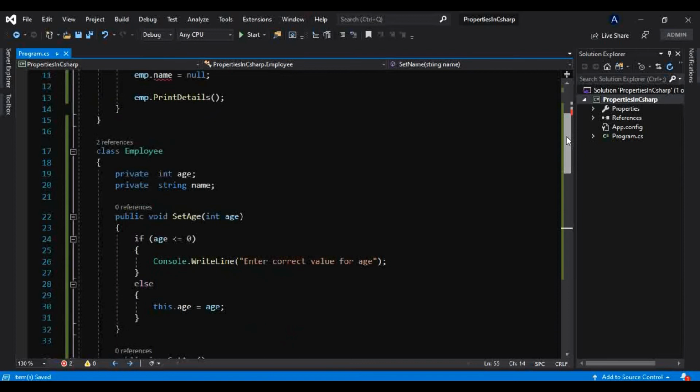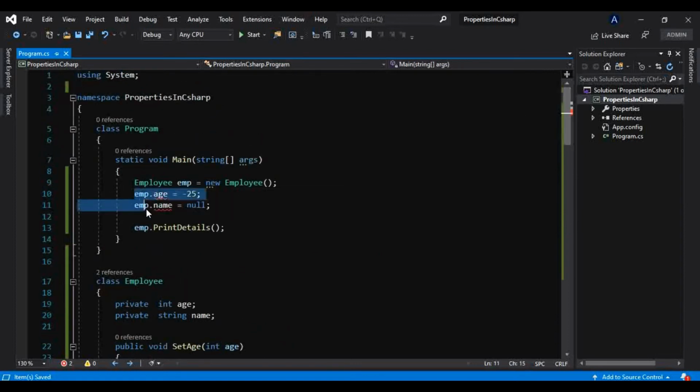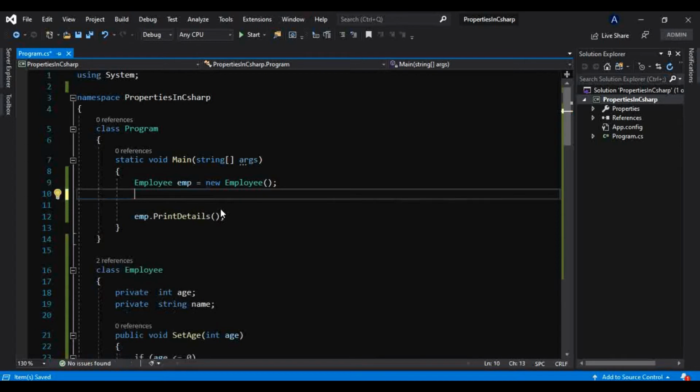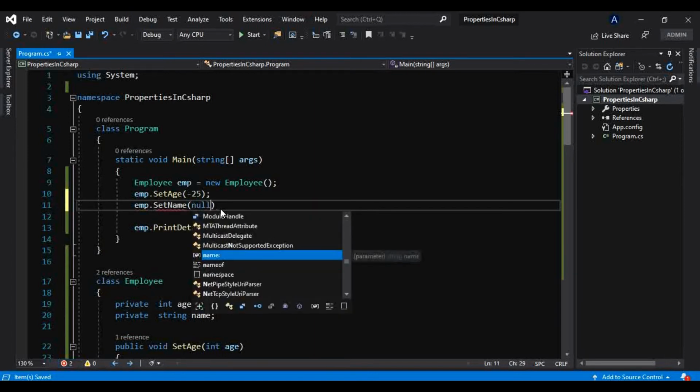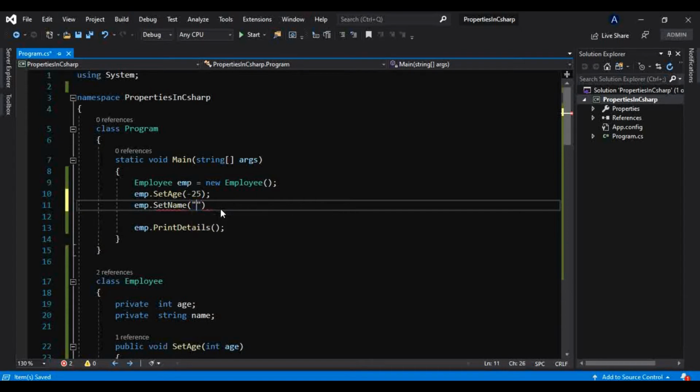So that is how we are now letting the user set and get this age and name through this public getter and setter. So like this, now we have this set age, and you have to provide a valid age into this set age. Let's say he has provided -25. Okay, so it is not giving any runtime error, but we will see what it does at runtime. And he wants to set our name as well. For now we will provide a valid name here, because we are already providing an invalid age here. Okay, so we will see what it does.